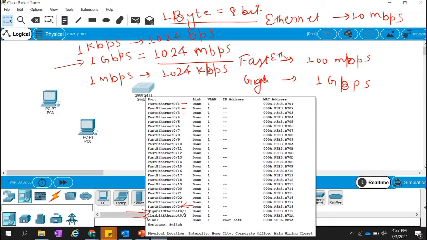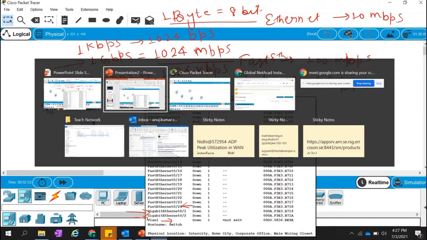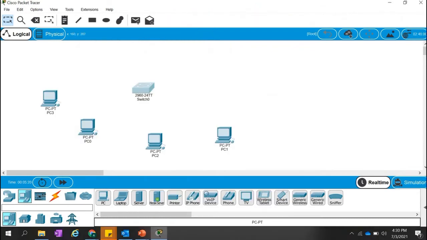And then we are having some VLAN ports as well. We will discuss slowly in the coming sessions why we use these VLAN 1 ports. So let's go back to the Packet Tracer original one. Yeah. So now we try to connect in our Packet Tracer. For the connectivity, you can go to this symbol like this here. We are having this power, right? Connections. So we can click here.